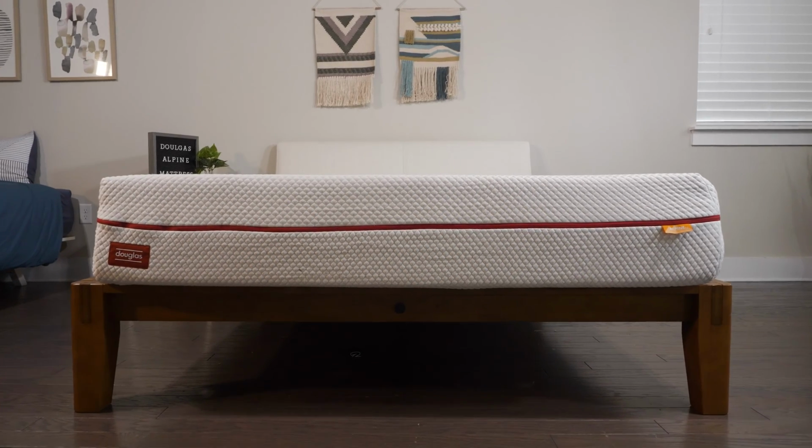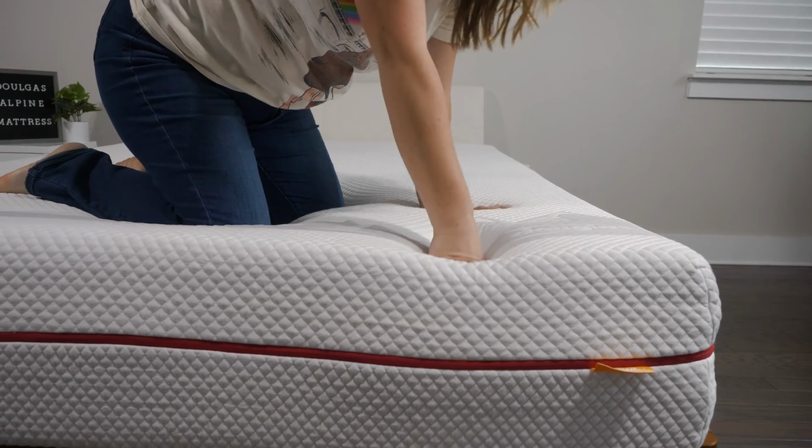If you're in the market for a slow-moving, soft, all-foam mattress, you might want to consider the Douglas Alpine. To help you figure out whether it's the bed of your dreams, I'll go over its firmness, feel, and unique